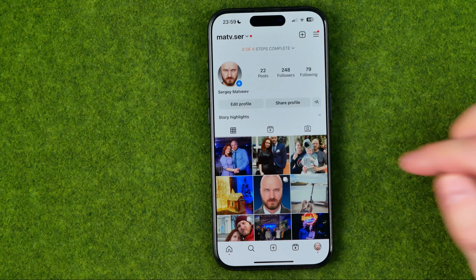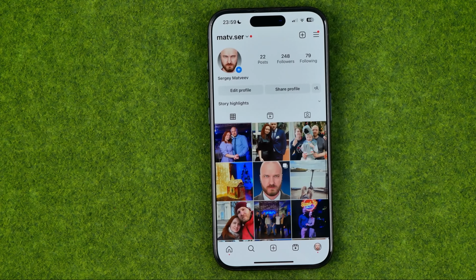head over back to your profile, and if you refresh the page, you can see that now the professional dashboard is gone, which means that we have successfully switched our account back to a